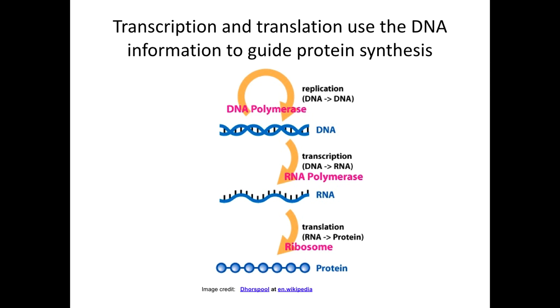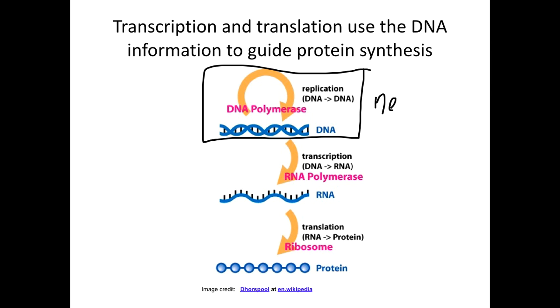Now let's talk about transcription and translation. Though before we get too much into that, I do want to double check we're on the same page with what's going on here. Replication is one thing. It is distinct from transcription and translation, and it is when we need to make new cells. This happens when we need to make new cells, and therefore we need to copy the genes.